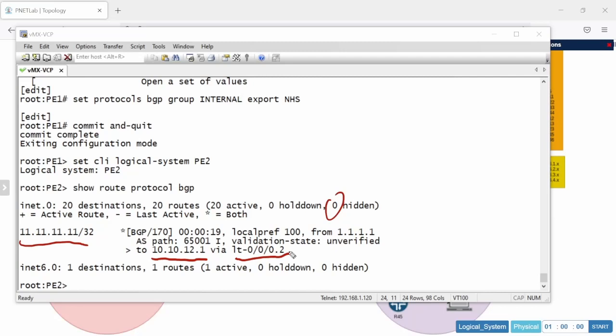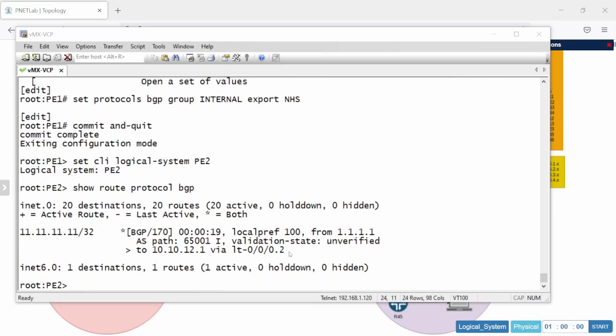So prior to that, because the next hop wasn't updated on the IBGP peering, it was attempting to use the logical tunnel 11.11.11, which is the CE3 address, which is the CE1 address, which is absolutely of no use. But now we've put that policy statement in to say, right, any BGP routes that you send out, change the next hop to yourself. So now that will work fine for any particular